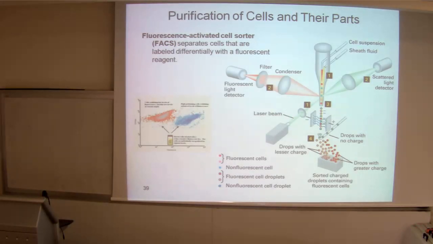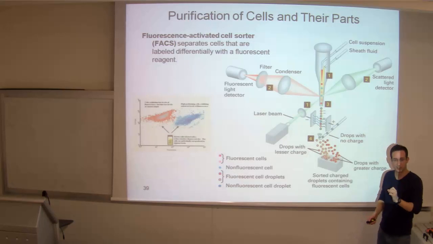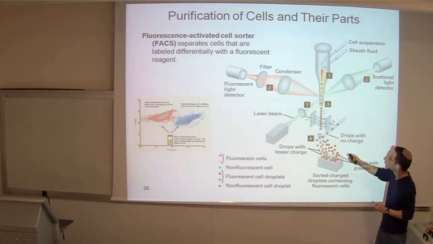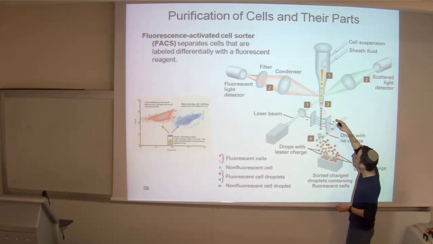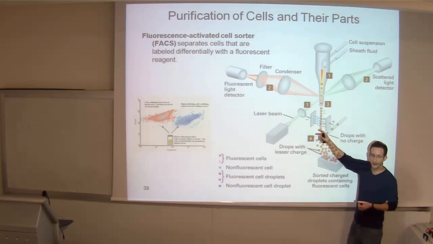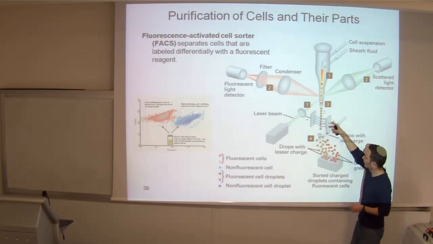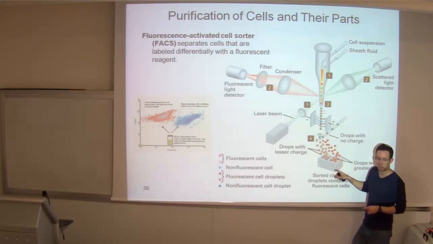And proportional to the amount of fluorescence the cell has, the machine loads it with a negative charge. So the more fluorescent the cell is, the more negative charge it has, and then the cells are passed through an electric field, and the more negative a cell is, the more it will migrate towards the anode, and you will then be able to collect it in a separate